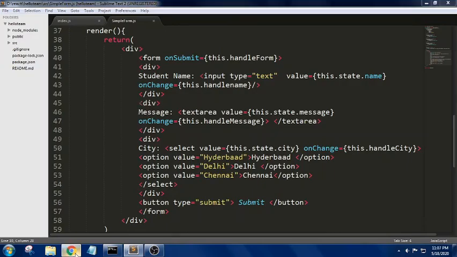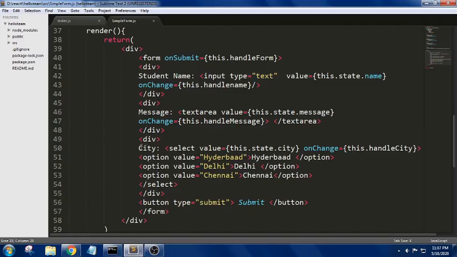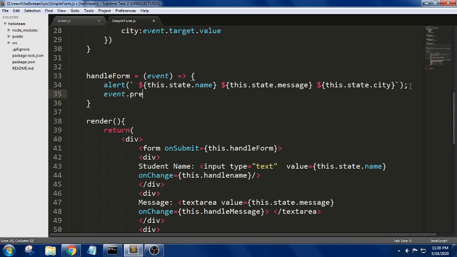We have done these operations, like we are able to print. But see here, whenever you are trying to click, we got the default value which we have assigned in the state. Now, in order to prevent this page from refreshing, since after filling the data it is trying to lose it, we can also use event dot prevent default.